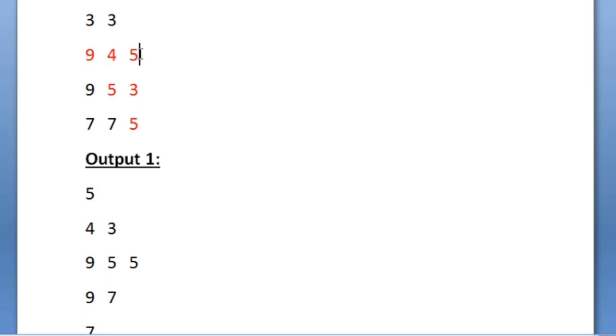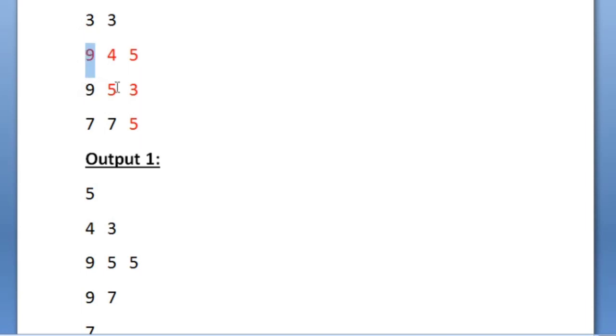All the integers in the first row are just the starting position, and then until the integers are present in the next row and next column, that would be a diagonal. If there are no more integers in the next row and next column, then we should stop. Then that would be the end of our diagonal. Here when we start from 9, we have an integer at the next row and next column.